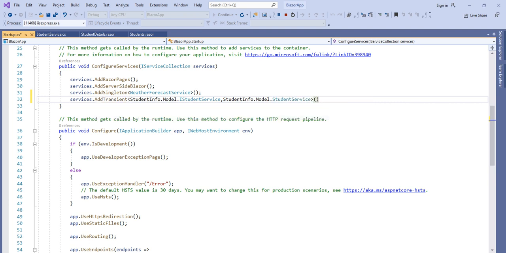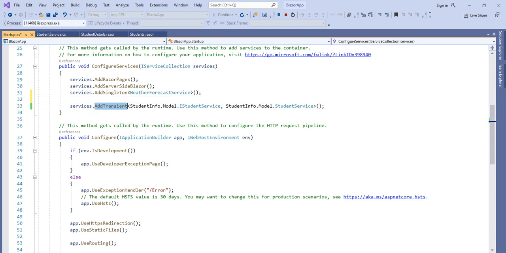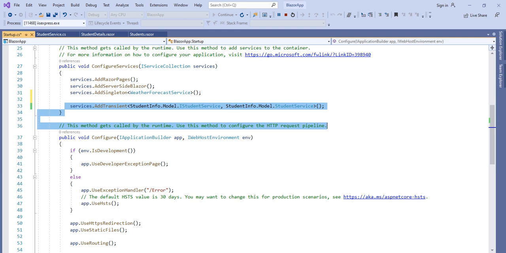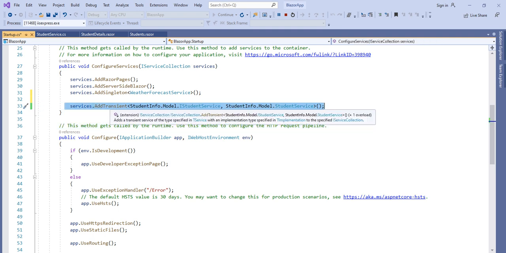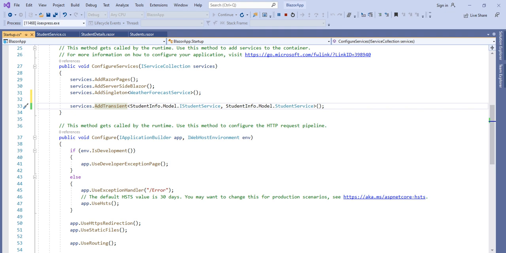So here I have injected it, and the use of this AddTransient, like we have seen, every time it initiates, whenever we go to that page, it creates the instance of the class, as we have seen when going through the lifetime of these dependency injections. So let's consume this one.